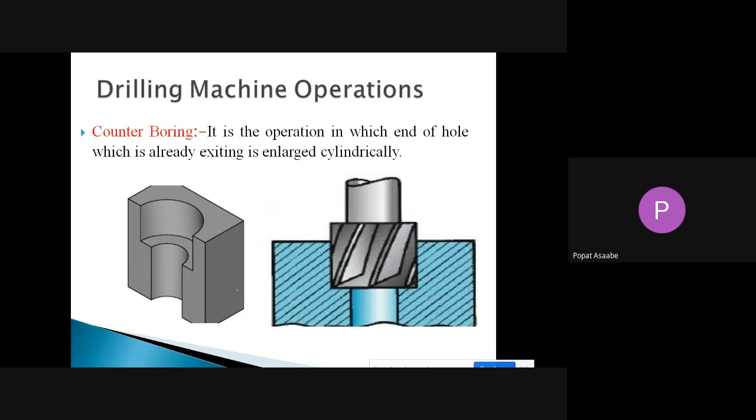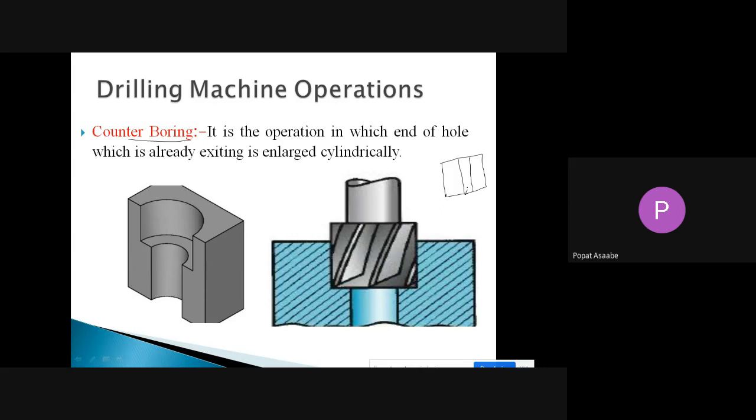Then counter boring. What is counter boring? It is the operation in which the end of an already existing hole is enlarged cylindrically. Suppose this is the workpiece, and inside it we have already produced a hole.